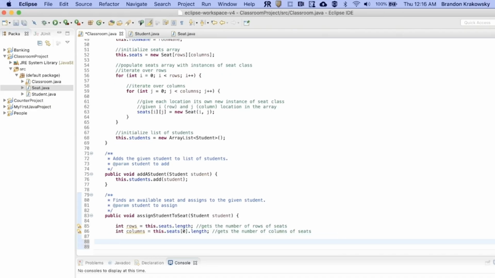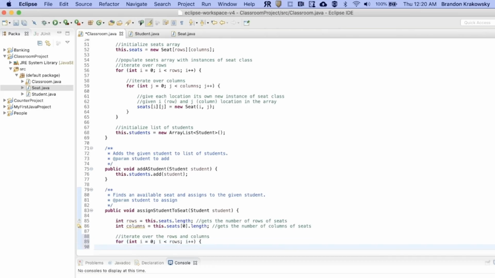Now let's iterate over the rows and columns of seats and visit each seat. So let's iterate over the rows and columns. We'll start with the rows. For int I equals 0, I is less than the number of rows, increment I, and then we'll iterate over the columns for each row. For int j equals 0, j is less than the number of columns,